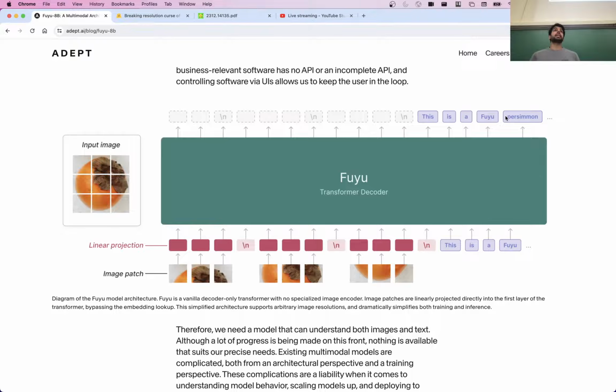Generally, the patch size is fixed to like 16 by 16 or something like that. The number of patches can vary depending on the size of the image, but in general, very high resolution images are usually downscaled to some fixed size and then patchified, just to whatever the compute requirements are, or whatever was done during training.